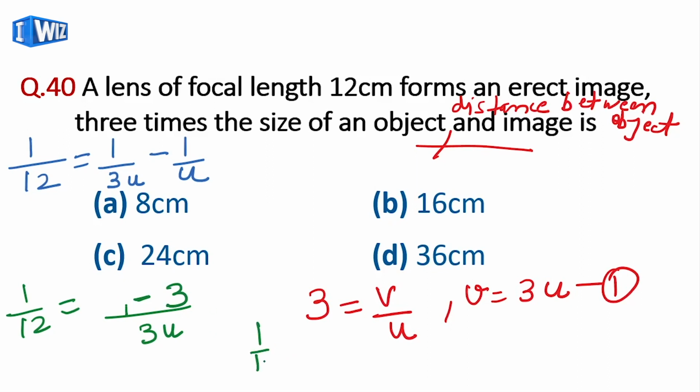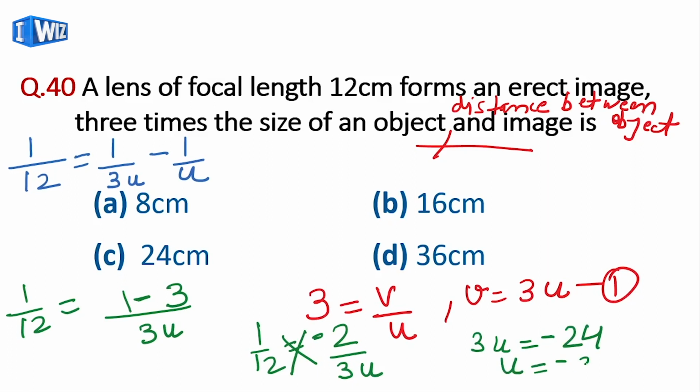So 1 by 12 is equal to, 1 minus 3 is how much? Minus 2 over 3U. So when you cross multiply it, 3U is equal to minus 24 and U is minus